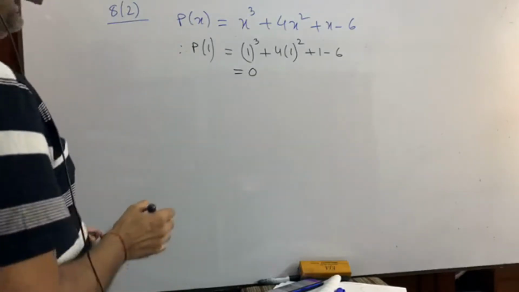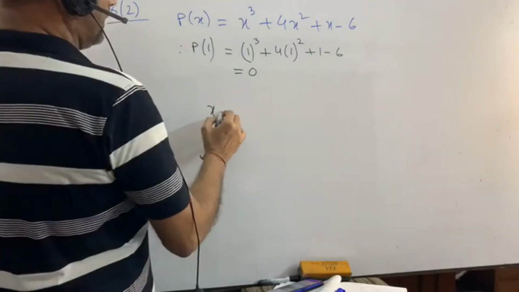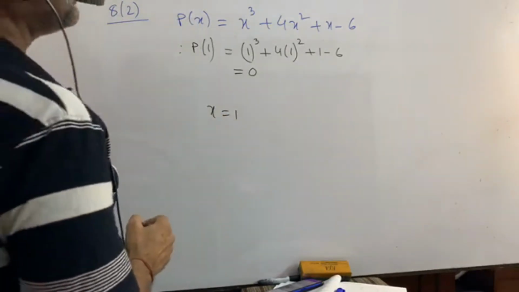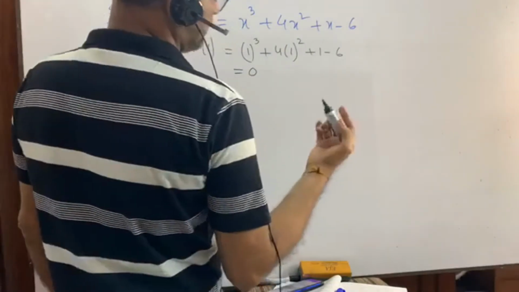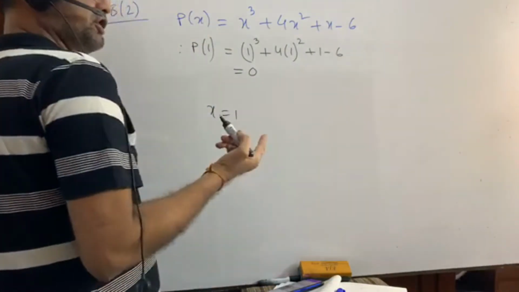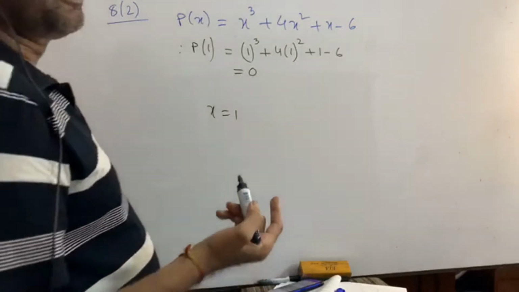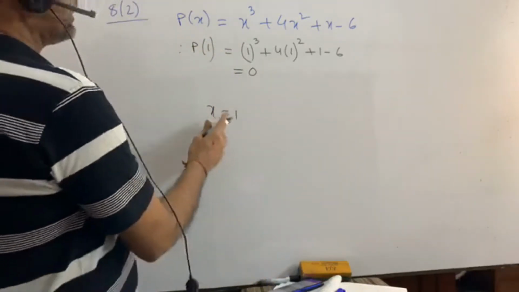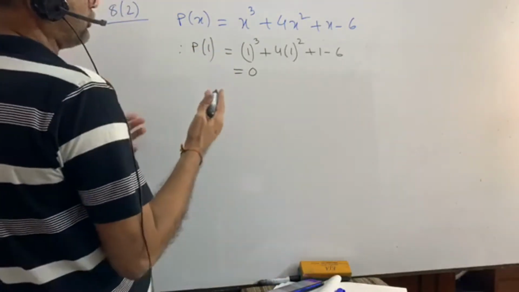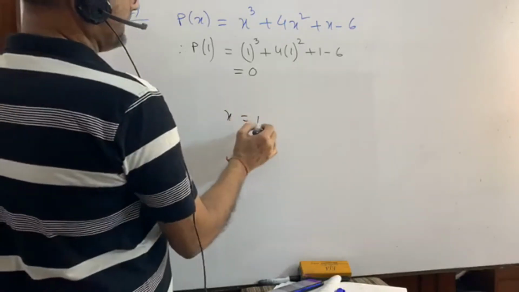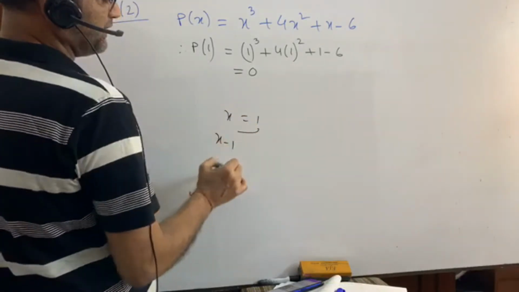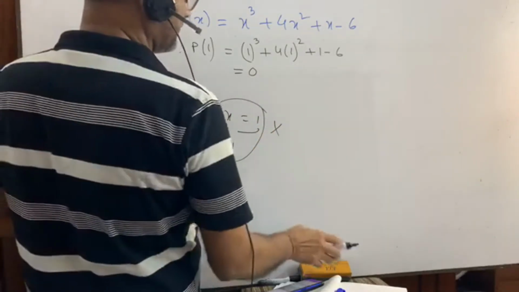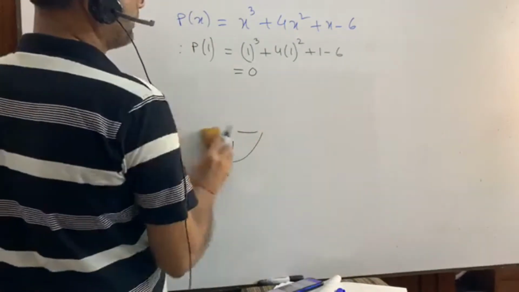What did we let for x? We let x equals 1. That means x minus a. Can you remember the polynomial remainder theorem, factor theorem? Can you remember, please? If you cannot, I will show you again. If x equals 1, then if 1 is taken to the left hand side, we get x minus 1. But dear students, you don't show it in the exam hall. Okay, don't show it. So x minus 1 will be a factor of P(x).